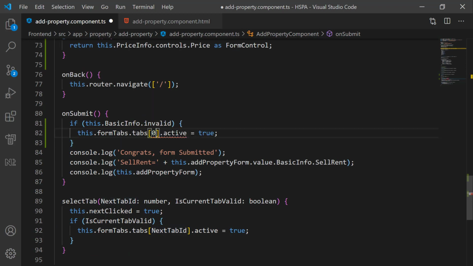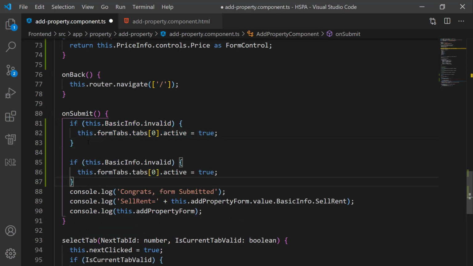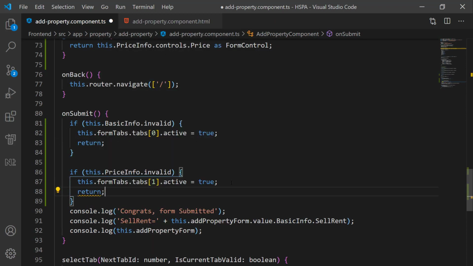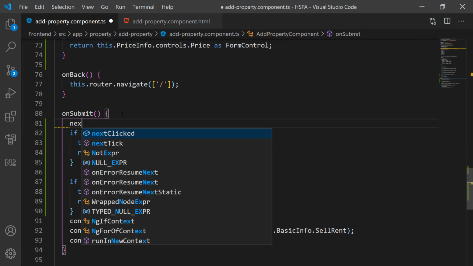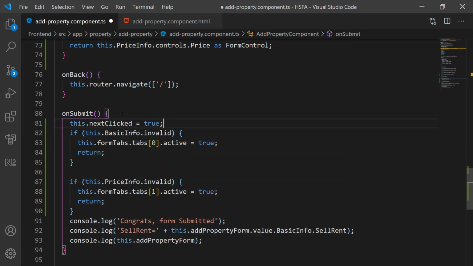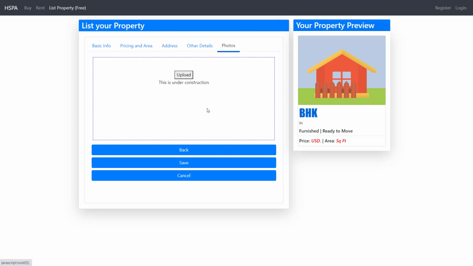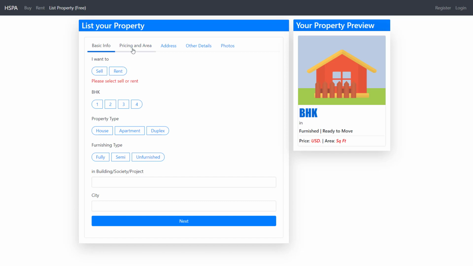Similarly, we will add this if statement in sequence for all the groups, and from here we will just exit from the function without moving further. And also let's set this next clicked equal to true here as well, so that all invalid fields display error blocks. So if we now try to save the form without entering mandatory fields, focus moves to that particular tab.